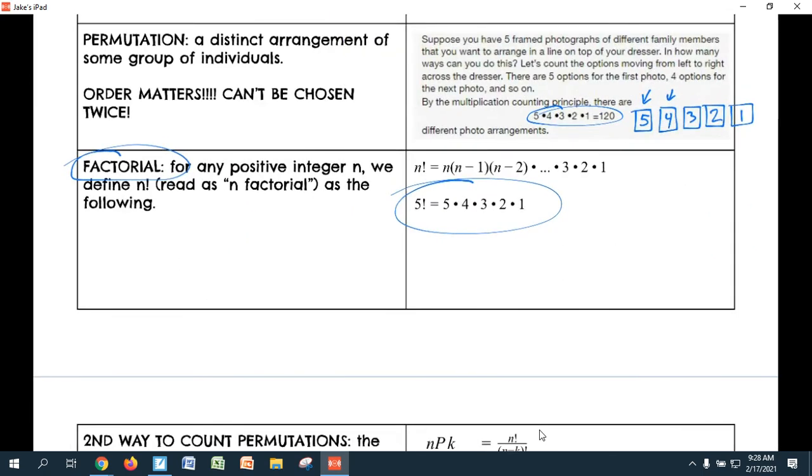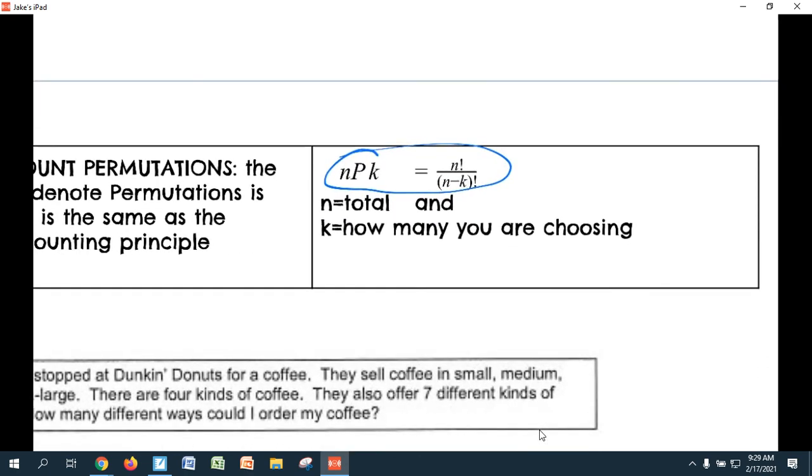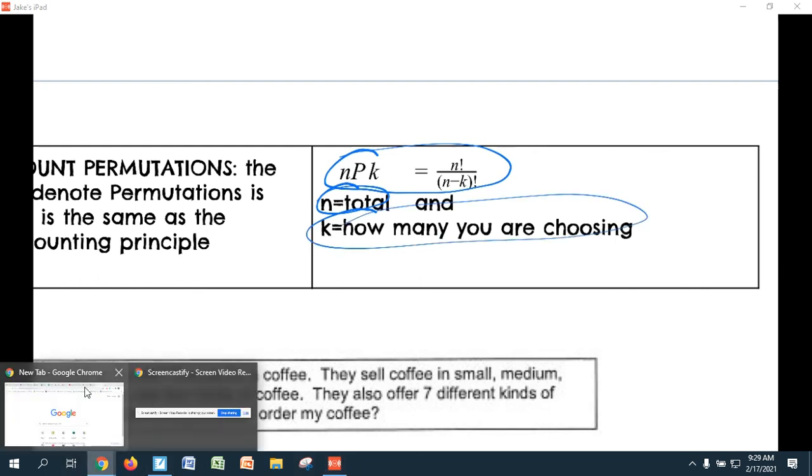There's also another way to do permutations, where you're trying to figure out how many different combinations you can do where order does matter. You can use this formula involving factorials. If you have a calculator, your calculator should be able to do that, where n is how many total events there are, and K is how many you are choosing to be a part of the combination. All right, so that's all I got in the lesson. We'll talk more about